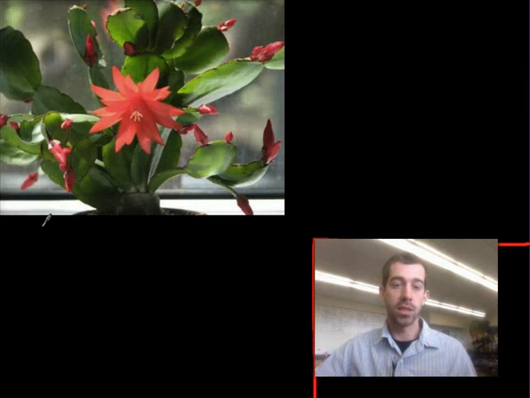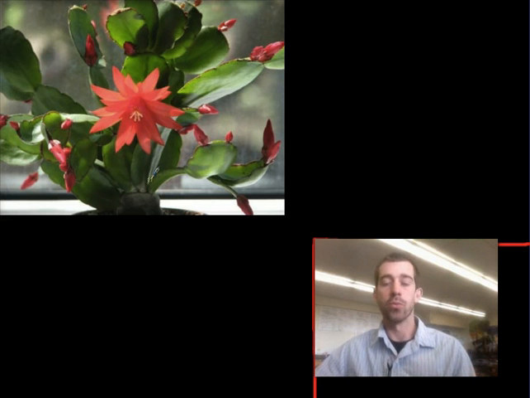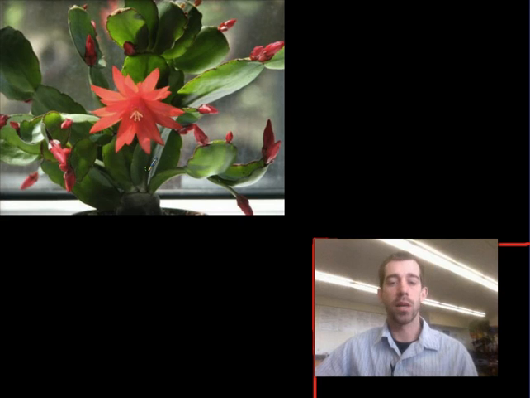Take, for example, this plant, which is called the Christmas cactus. It's sort of a cactus, not really. It's kind of related. But the big deal about the Christmas cactus is that it blooms right around Christmas in the middle of winter. And the question might be, why does it choose to bloom at this time? Well, it's going to be based on a lot of things. It's going to be based on both biotic